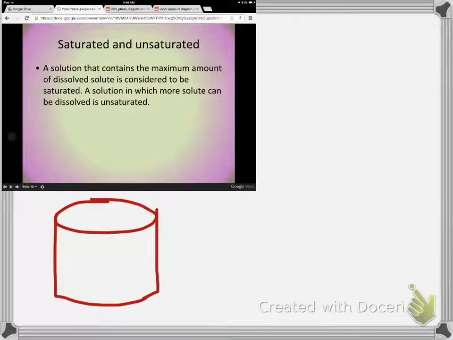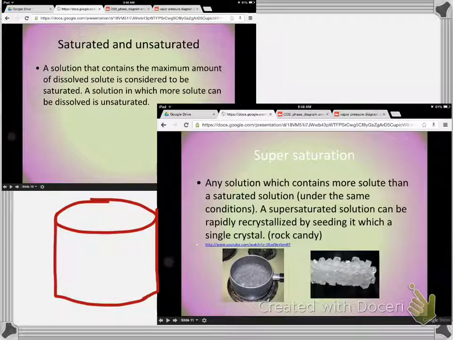So this is where we will end. When we get a solution that contains more solute than a saturated solution, under the same conditions but nothing's coming out, no crystals are magically falling out of it, that is a supersaturated solution. And the sources all say that a supersaturated solution can rapidly recrystallize, but we have yet to see evidence of that. It's not as easy as they say it is,